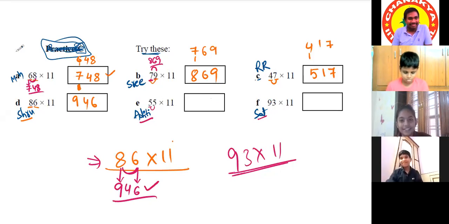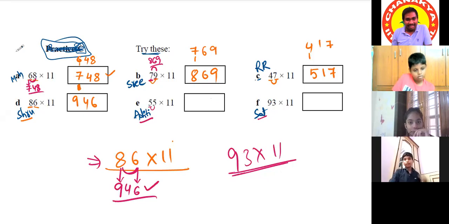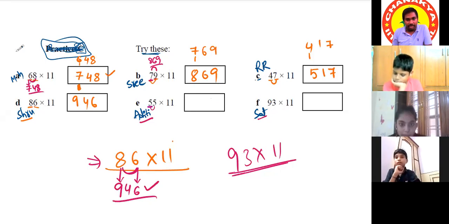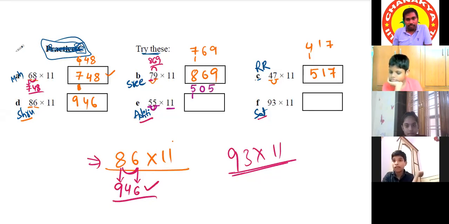Listen to me. Today our exercise is multiplication by 11, any number multiplied by 11. So take the first digit as it is, that is 5. Next add 5 plus 5. 5 plus 5 is 10. I'm writing 1 here, 0 here, because 1 is a carry. And the last digit also as it is, 5. Now simply adding the digits will get the answer. 5 plus 1 is 6, 0 and then 5.